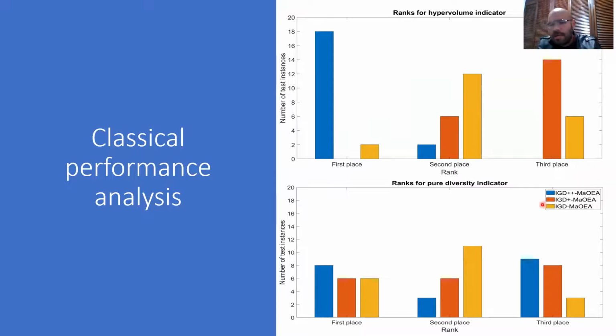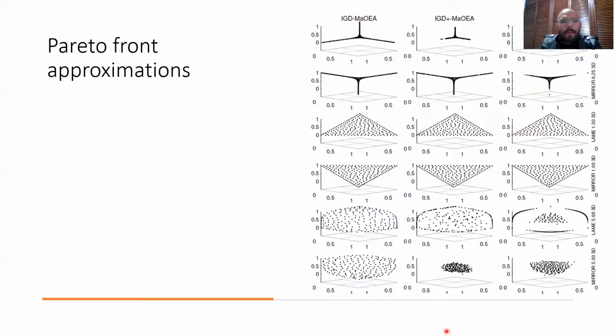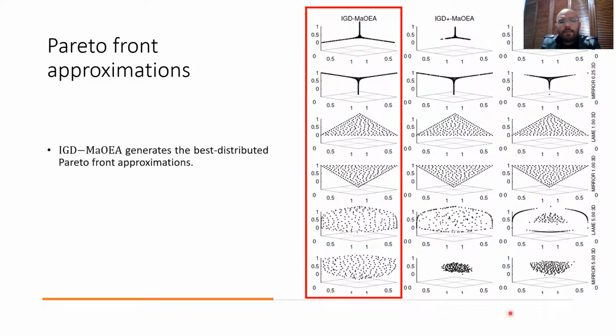But in contrast, for the pure diversity indicator, we have a more balanced comparison. We know that for the first place, the three algorithms share the same number of test instances where they were ranked first, and also for the second, the third place. So we have a kind of balanced comparison, but comparing the Pareto form approximations produced by these algorithms, we